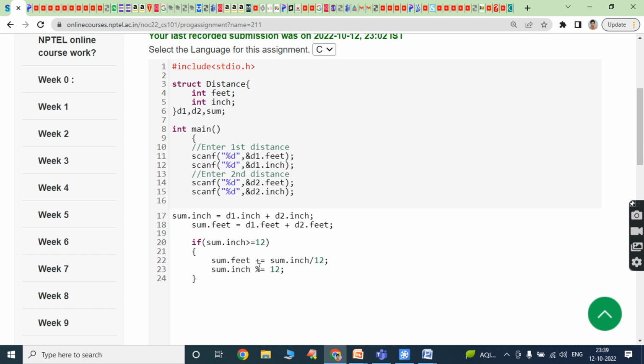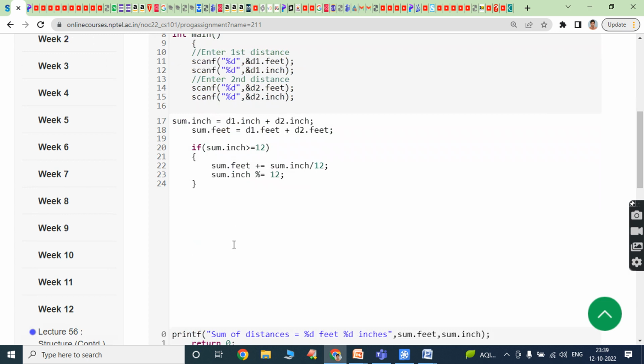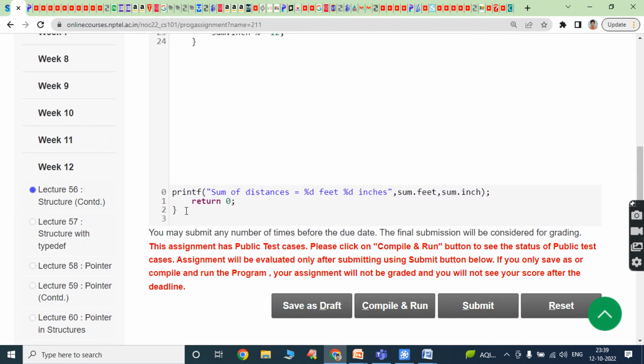So these two statements are executed when this condition is true. If this condition is false, then print the sum of distances in terms of feet and inches. So click on save as draft and click on the compile and run button,